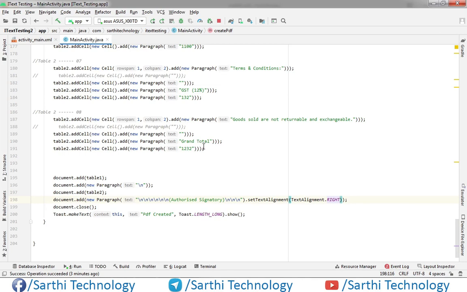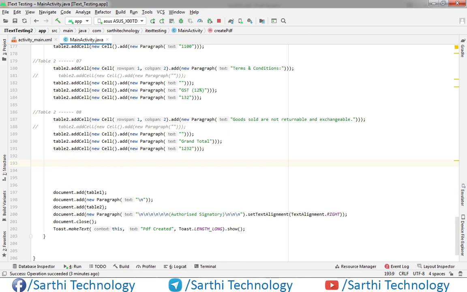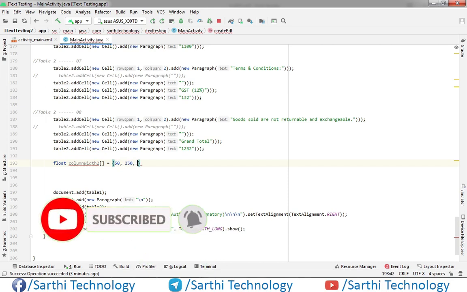So here after this table 2, create float column width 3. Okay, first is 50, 250, 260.